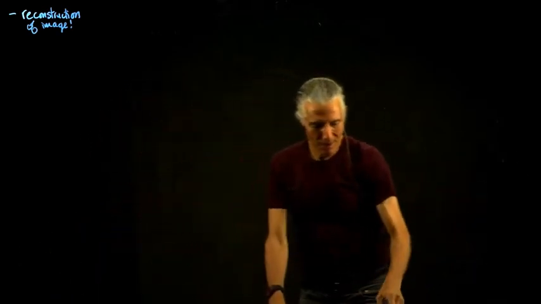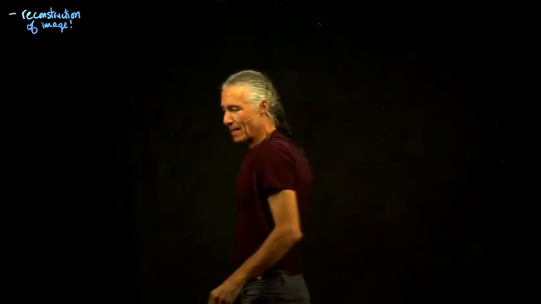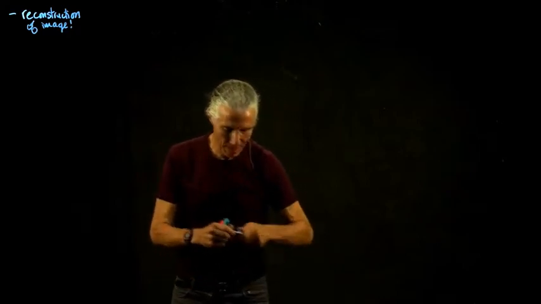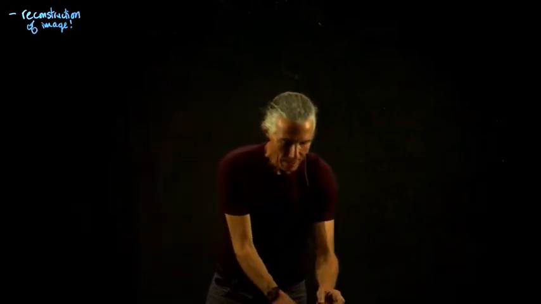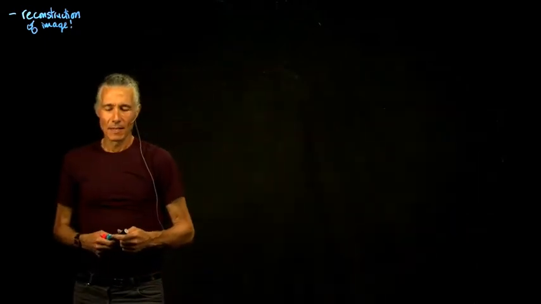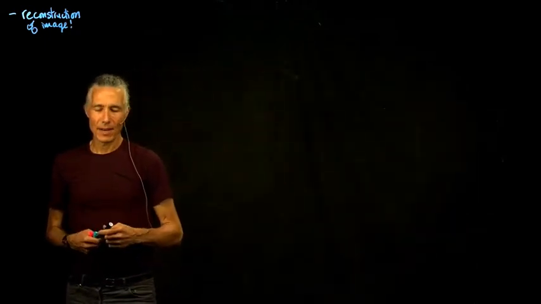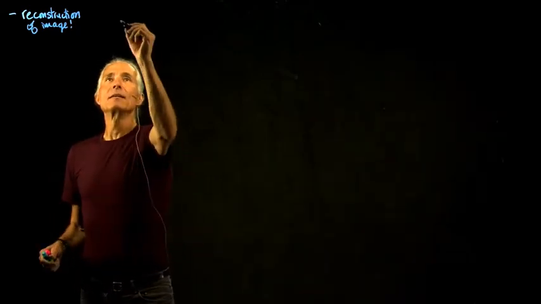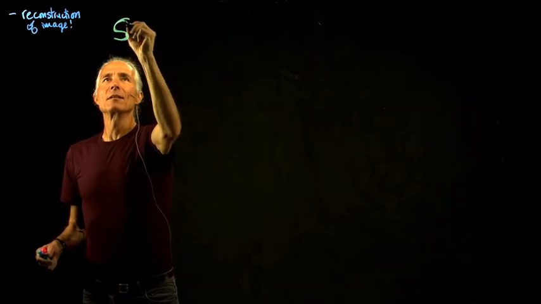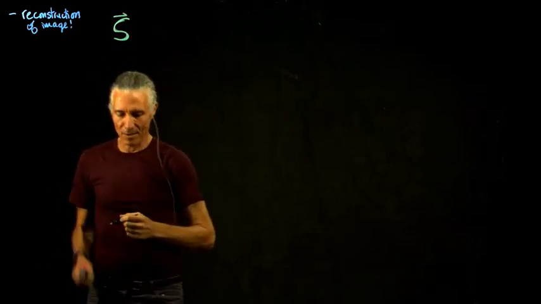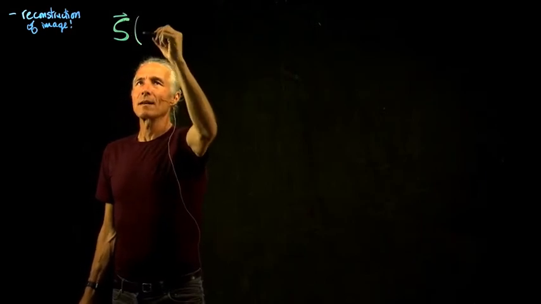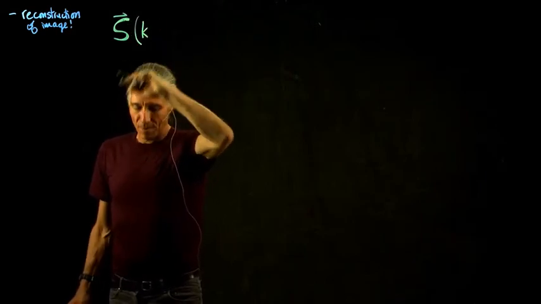What we've done so far is we've pretty much just described how the scanner did a Fourier transform of the brain. And so let's start with that. So we said our signal, our complex valued signal that we get out of the RF coil, if we draw it out in 2D,